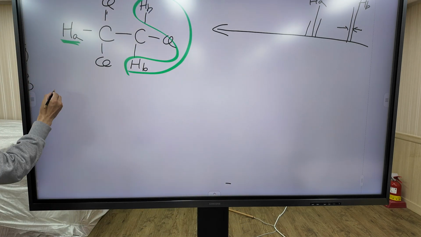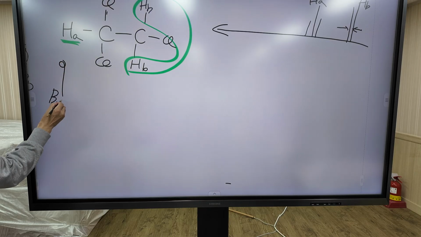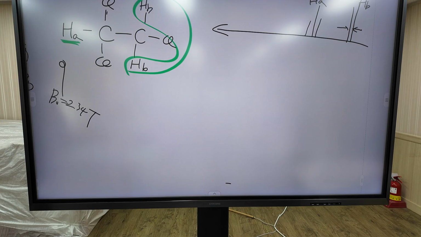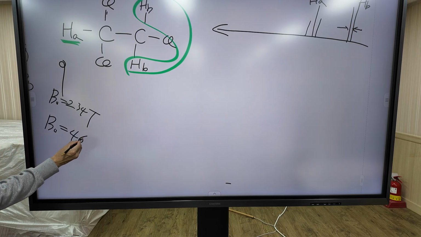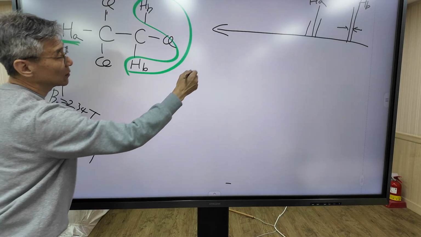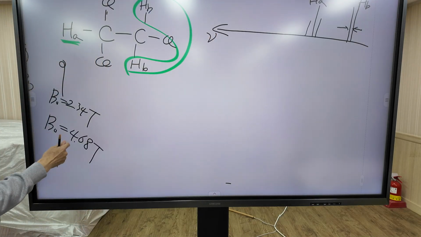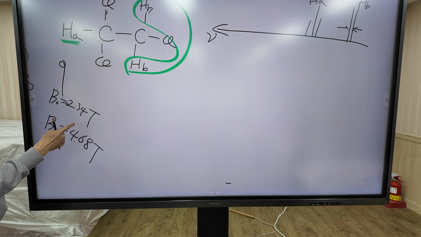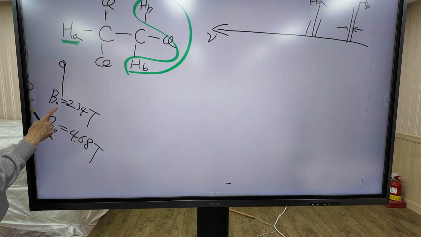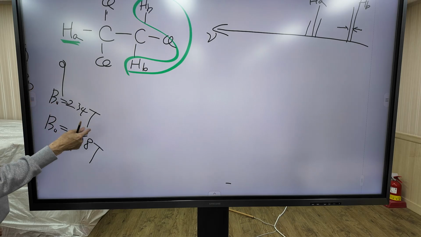Now, this spectrum is measured at B0 of 2.34 Tesla. Now, what happens when I increase B0 to 4.68 Tesla? When I double the strength of the magnetic field, what happens to the spectrum of this? This is a frequency. When we double the strength of the magnetic field, the transition frequency doubles, right? When we increase the strength of the magnetic field, the transition frequency must double, right?